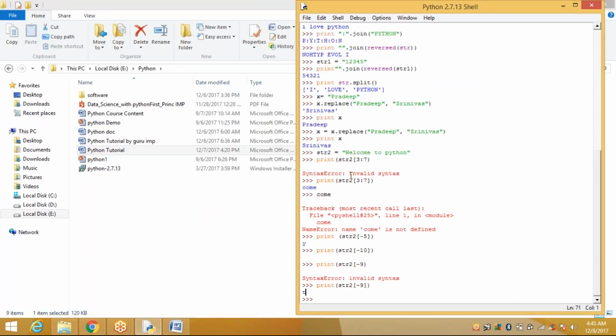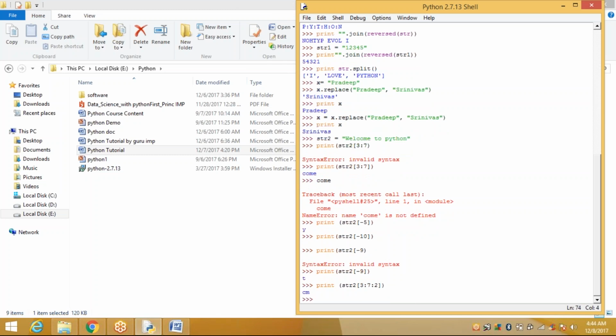You can apply here in the same way. Already we applied the range. str2 is equal to welcome to Python. When you apply like this, it will display come. When you apply print str2 array of the range 3:7:2, it displays CM.